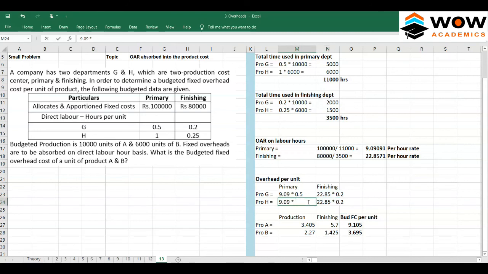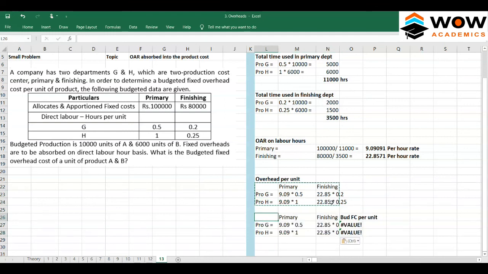So H takes a cost of 1 and H takes 0.25 hours in finishing. Okay, so we'll take this entire table here